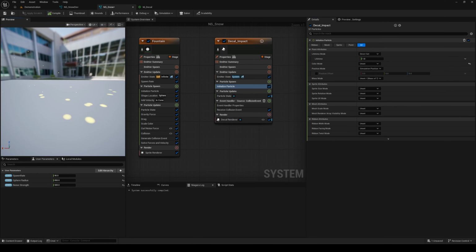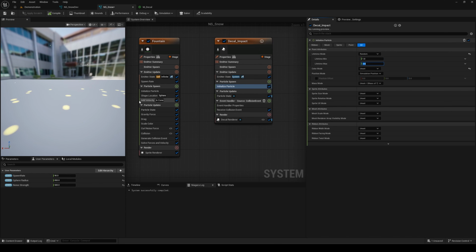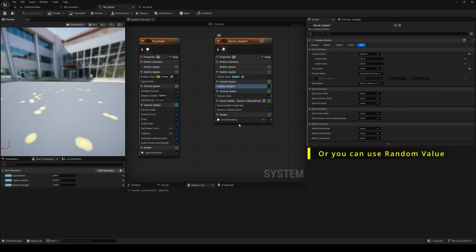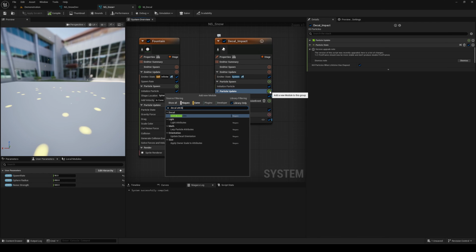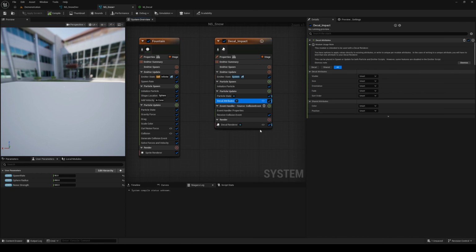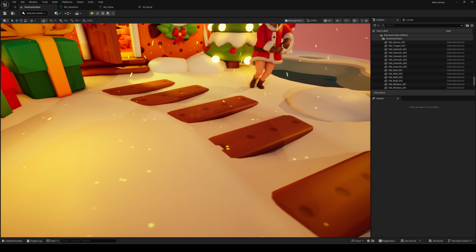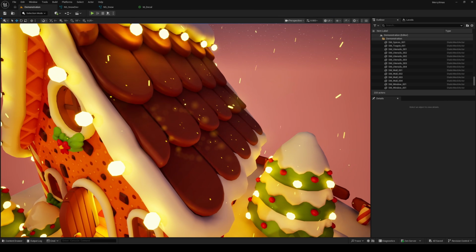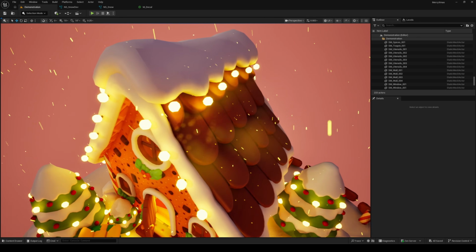The lifetime is set in the initialize particle module. Let's set it to 1 second. For the size, add a decal attributes module. Inside the size section, enable apply, which allows us to actually override the values. Lower the size a bit to keep everything subtle and believable. Et voila! We now have a fully working decal emitter that reacts to each collision of our snow particles, creating nice and believable snow impacts on the ground.